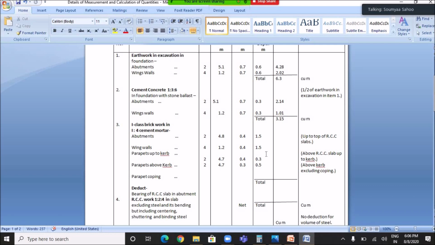And next, the brickwork done is for parapet coping. So the number of copings is 2. The length of the coping is 4.9 meter. I have already discussed it, so I am writing it directly. And the breadth of the coping